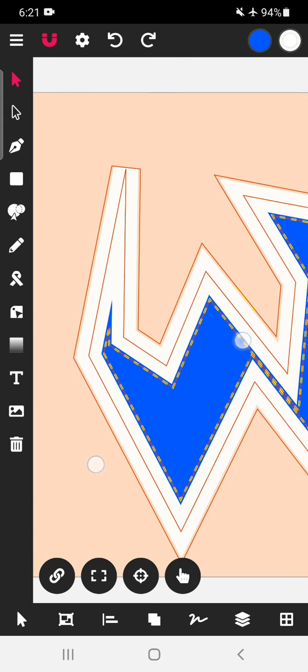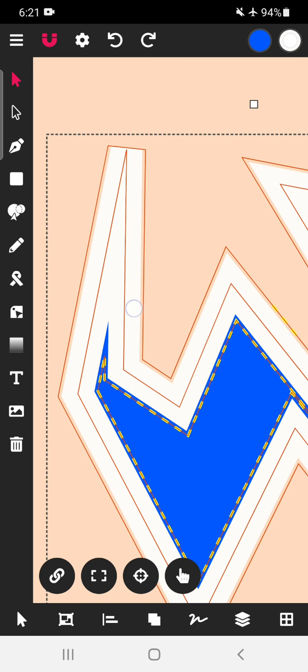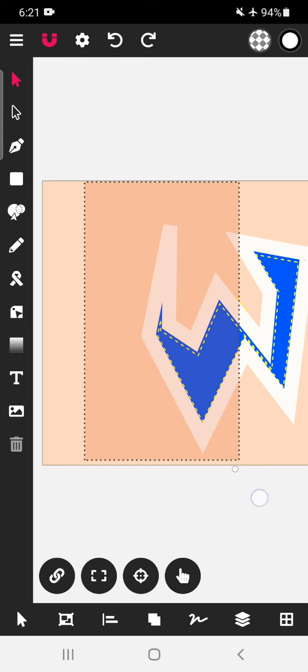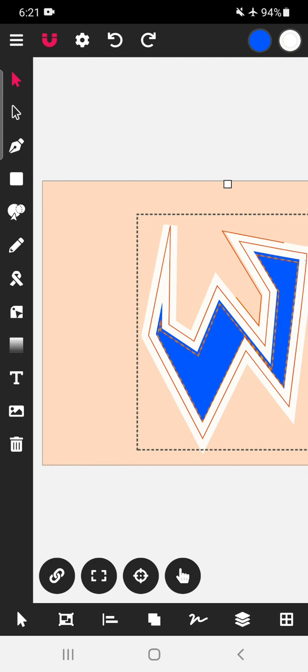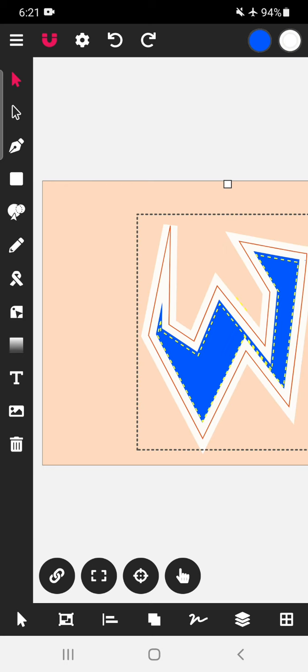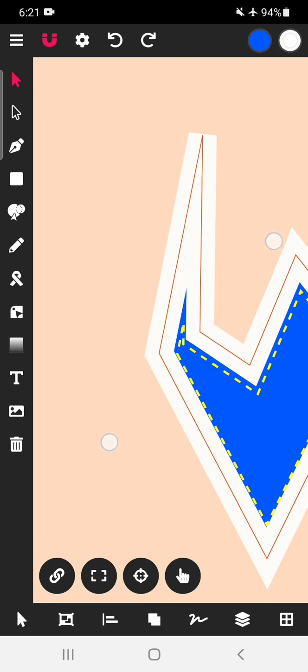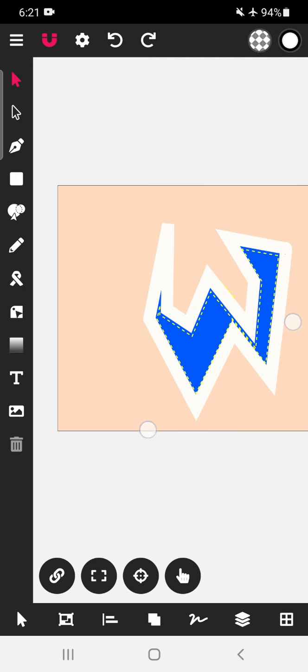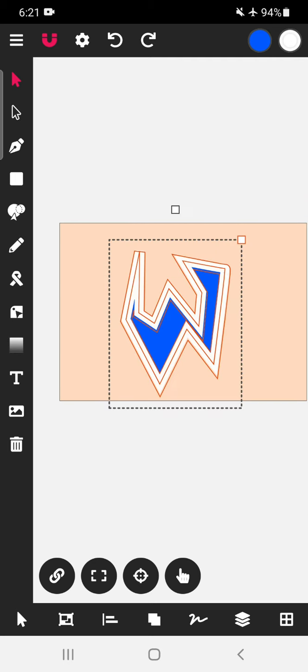See, now we can see there are three paths. The path which we started, that is in the middle, the path which we have created, this, and path which is white in color, which is offset path, which is broader than the previous path or larger than the previous path. So let's repeat this particular activity again so that we understand how to do it.